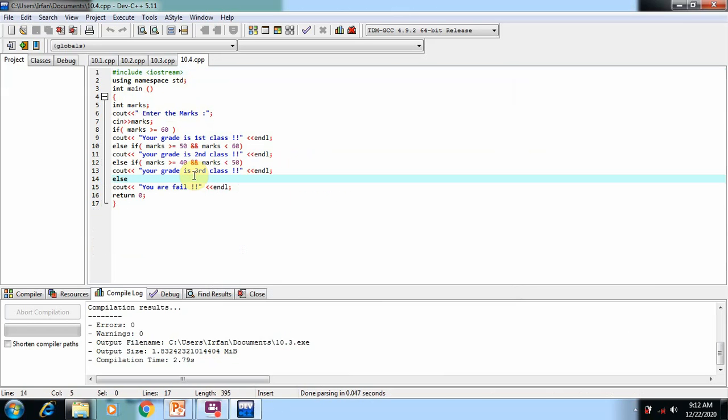Okay, so here in 10.4 you can see the example for if else ladder. Here we accept a mark as an input from the user and evaluate the mark values. First we check if the mark is greater than or equal to 60. If the condition is true, then the first part, that is the true block, will execute. If the condition is false, then it goes to else, and there another expression, that is expression 2, will